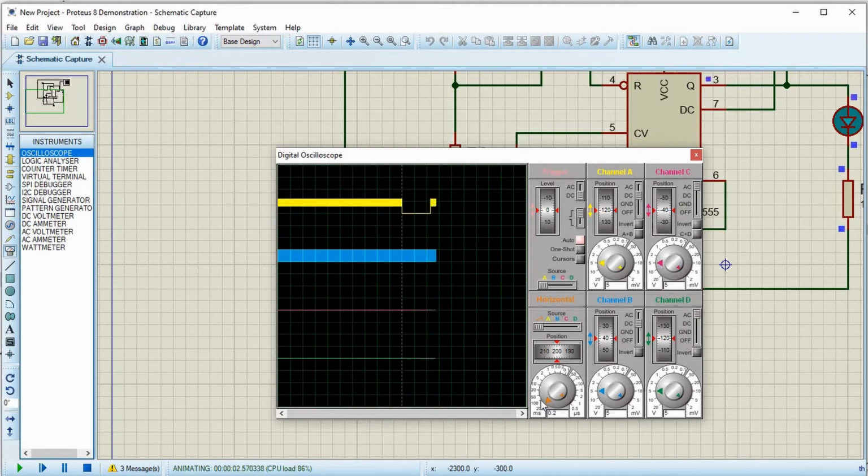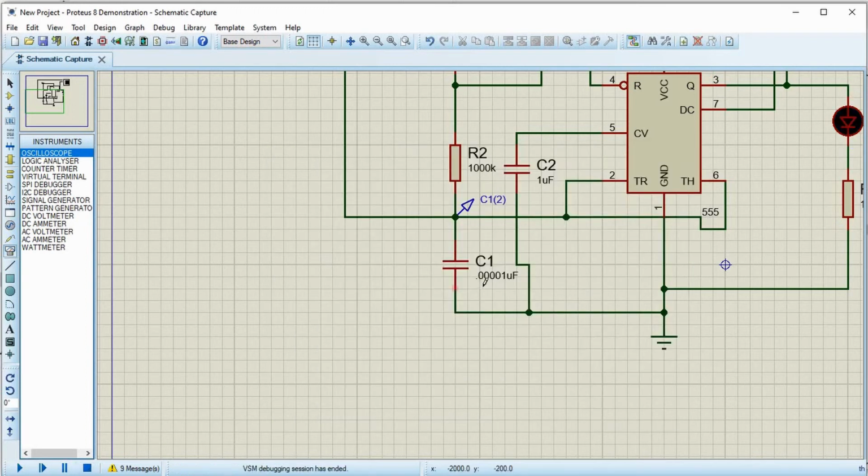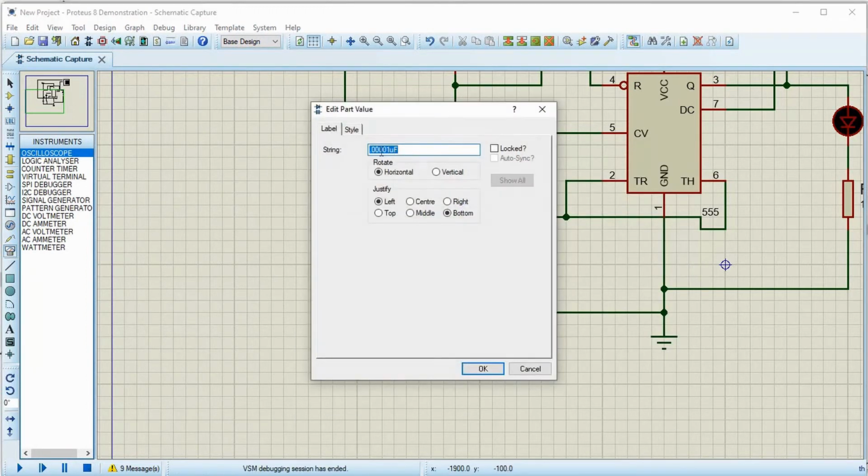Okay, it reduces the time. I did not have to go this low. Yeah, I can show you at that also.